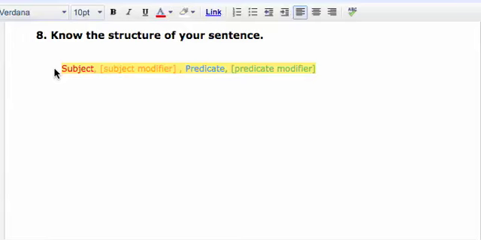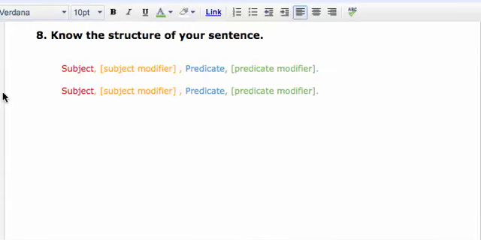And in this case, I've taken a simple form of a sentence, which consists of a subject and a predicate with a subject modifier and a predicate modifier. This is sort of a complicated sentence form. And I've color-coded them. So what we're going to do is copy them down here, and we're going to say